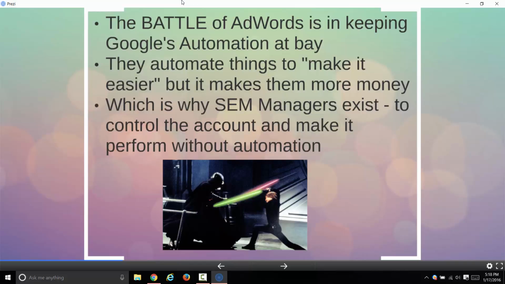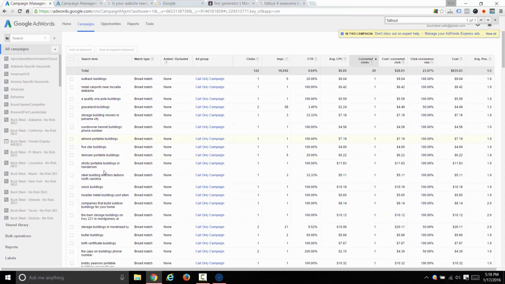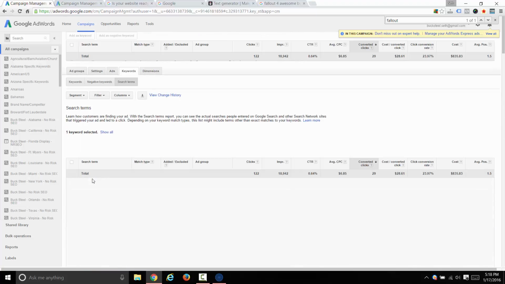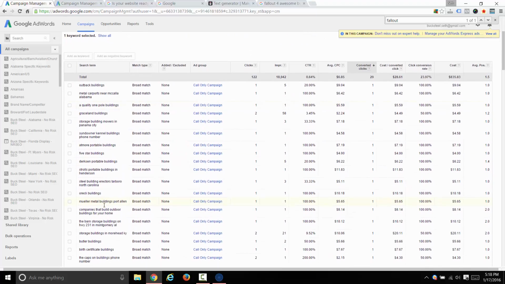They automate things to make it easier because they're saying, hey, it's so easy to advertise on AdWords, but it makes them more money. Because here's the deal. They come along and they say, use broad match, and they don't really care that our client is wasting hundreds and thousands of dollars, spending $835 that month on these terrible terms.